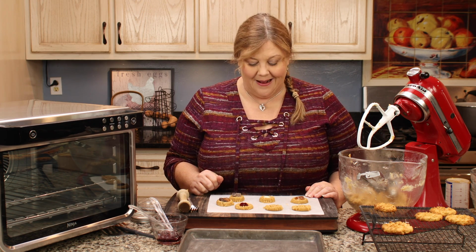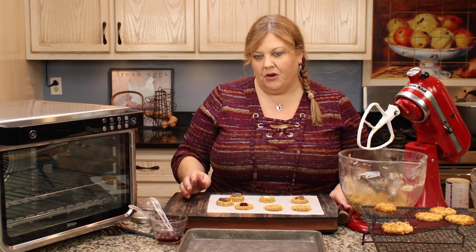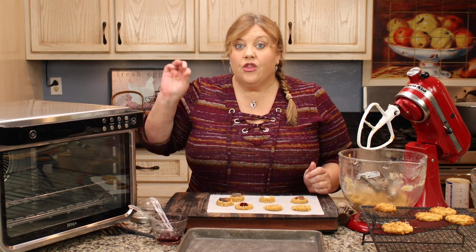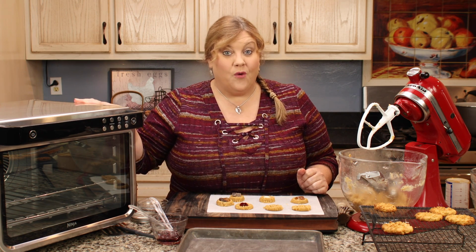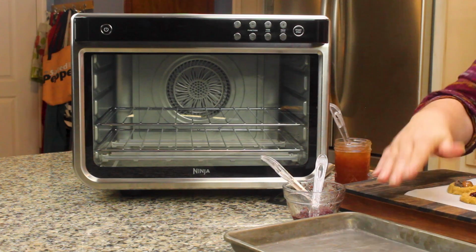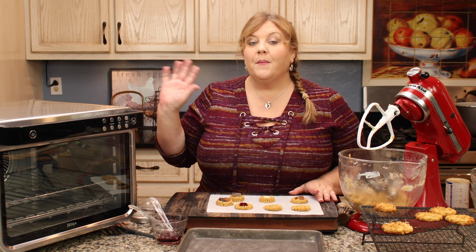Ooh, I'm excited. Now these do not have to be refrigerated. In fact, you probably don't want to refrigerate them before you bake them. So I will leave these out on this sheet pan. Even though I'm gonna start baking at 400 degrees, which is a little bit high for this pan, I'm gonna put them on the bottom to protect them from the direct heat. So I think we're gonna get both of them baked up at the same time, and I'm super excited about it. I have about 10 more minutes left of my 30-minute refrigeration time, so I'm gonna go ahead and get